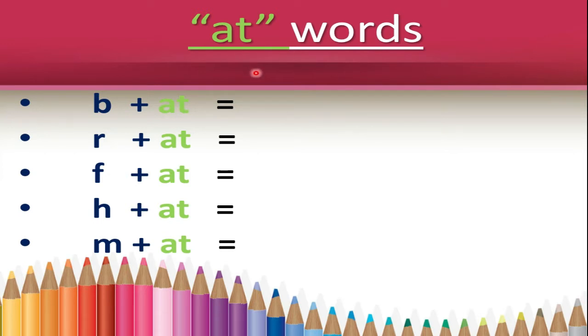Now we will form and learn three-letter words with A-T. When we add a third letter in the beginning of A-T, okay? When we add B with A-T, it forms